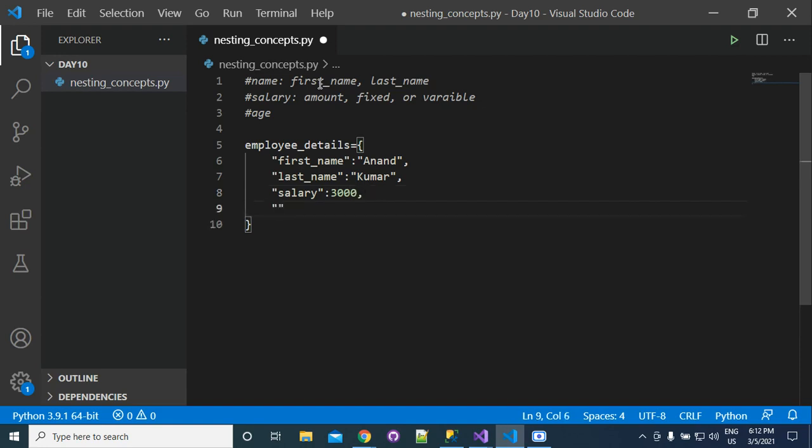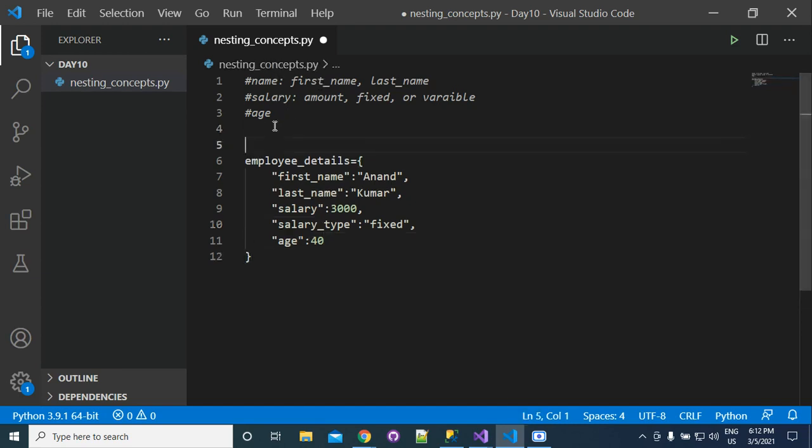Then you can write salary type. Either it is fixed, so you can write fixed, or you may write variable. Next thing is age. You can write 14. So this is one of the ways you can store this data.